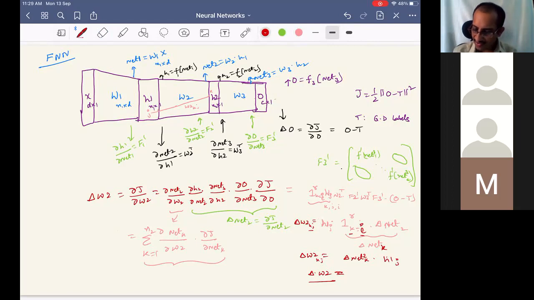So essentially, when we write this in matrix form, this is delta. What is it in matrix form? None of you remember? How do we write it? Delta net 2 into H1 transpose. That's all. If you want to explicitly write it, we need to take care of the details, especially when you have tensors here, with respect to indexes and other things.